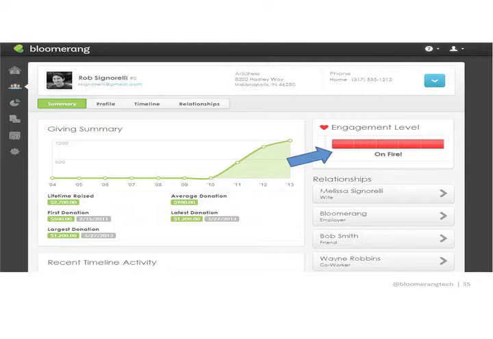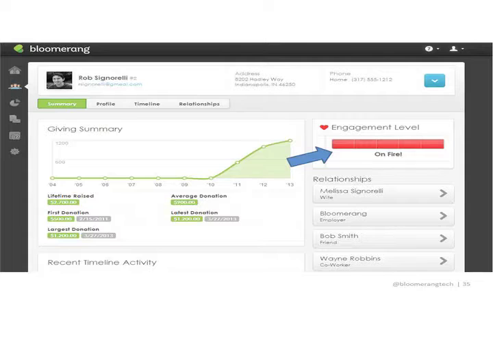But what's neat about the Bloomerang product is most of them are being done automatically behind the scenes. I always tell people one of the first things they can start doing when they're working with our database product is they can come in on Monday morning and they can have a report waiting for them telling them these are all the individuals in my database that their engagement levels either moved up or down 1 degree or 2 over the past week or the past few weeks, and that gives you an idea of where you need to take action.